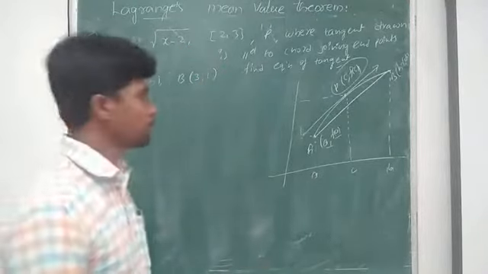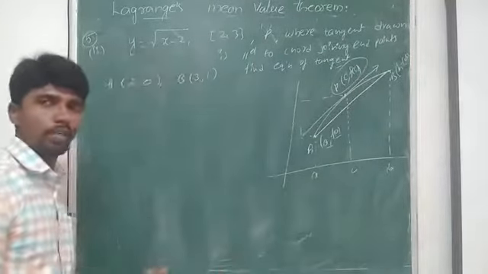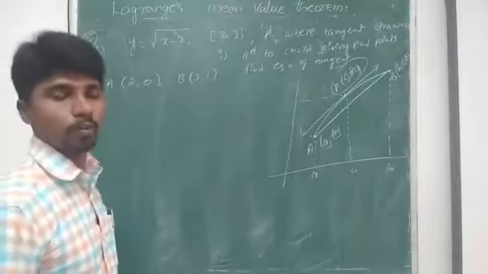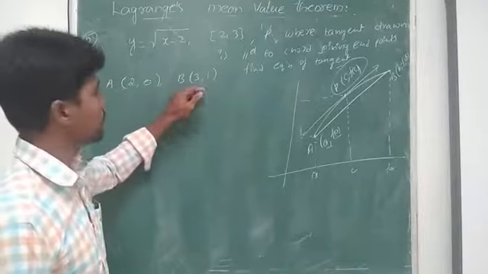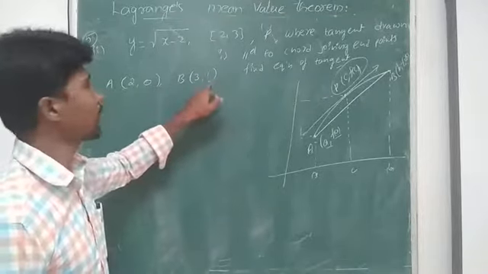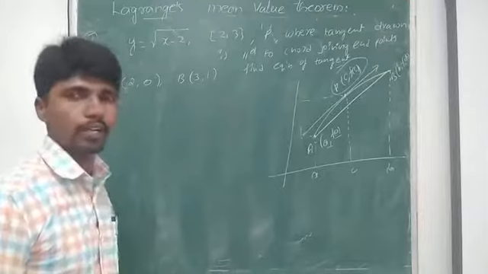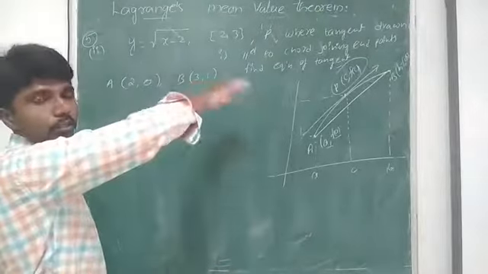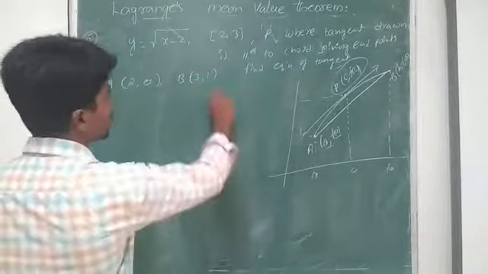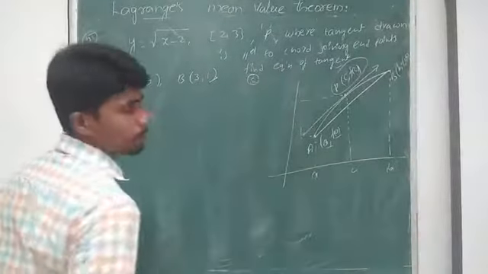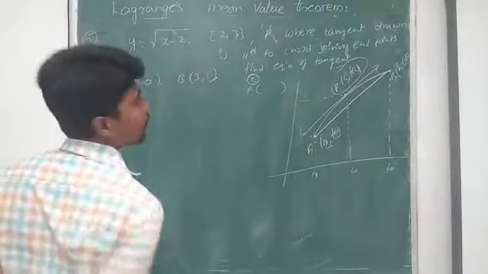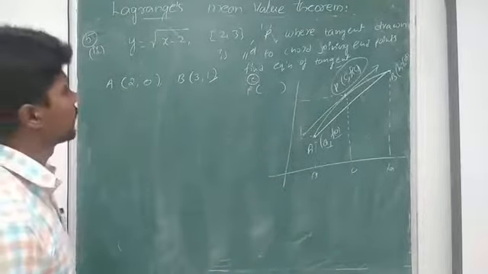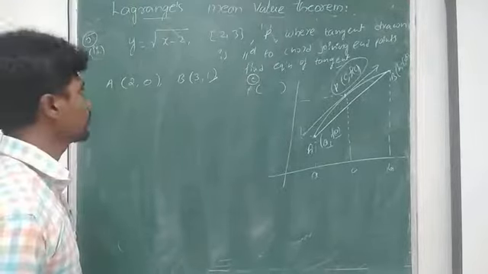Root 1 value 1. It may be like this or like this. We don't know whether it is increasing or decreasing. So we get 2 points. I think what, 3 plus or minus 1. See, if I take plus 1, what happens? I'll check. If required, later we check for minus 1. Because root of any number is always plus or minus. So I got the end points. I need to find point c, where we are going to get a tangent which is parallel to the line joining A and B. For that purpose, first I have to verify Lagrange's mean value theorem.